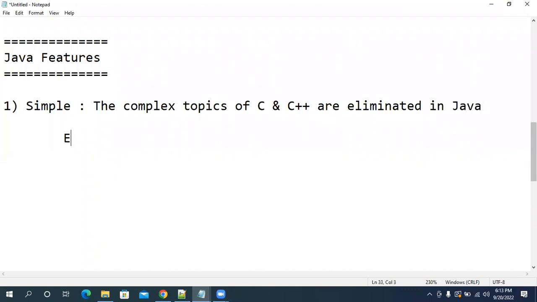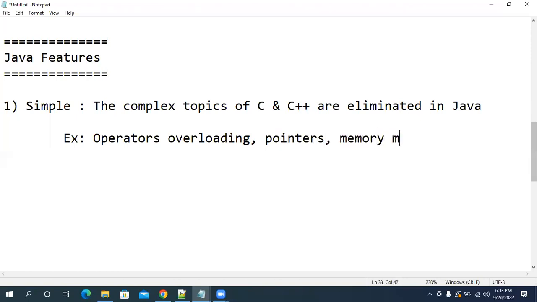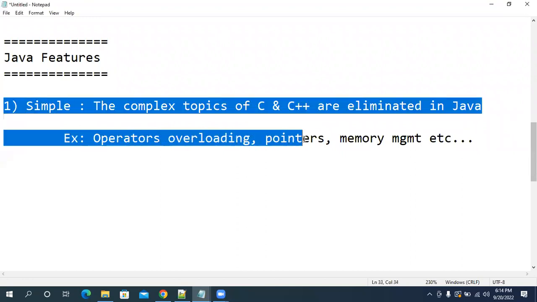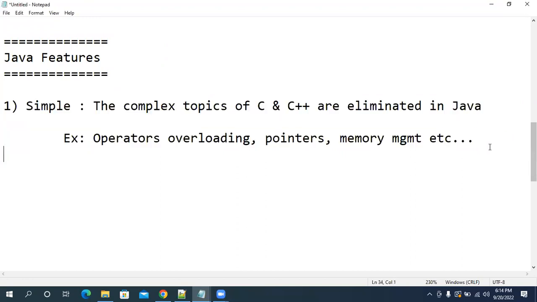What are those complex topics? Operator overloading, pointers, memory management, etc. Those are the most difficult concepts for people and they confuse people. So those complex topics are eliminated in Java. That is the reason people say that Java is a simple programming language.